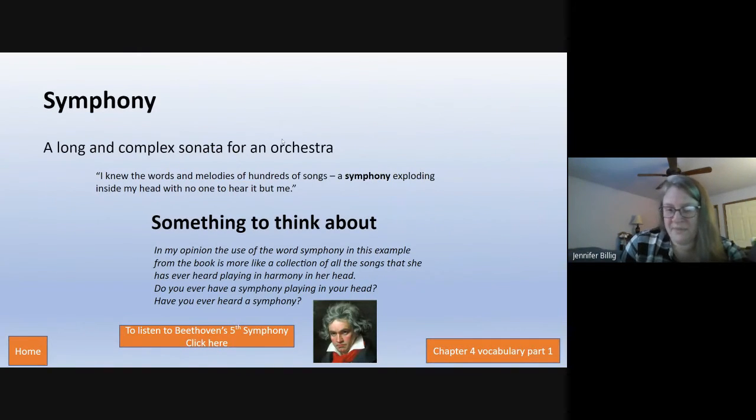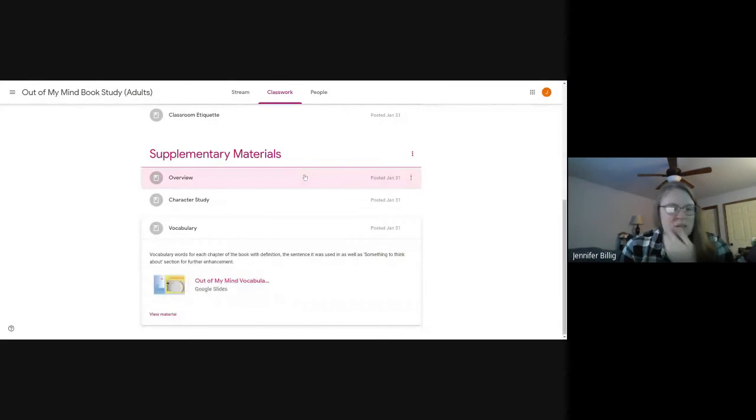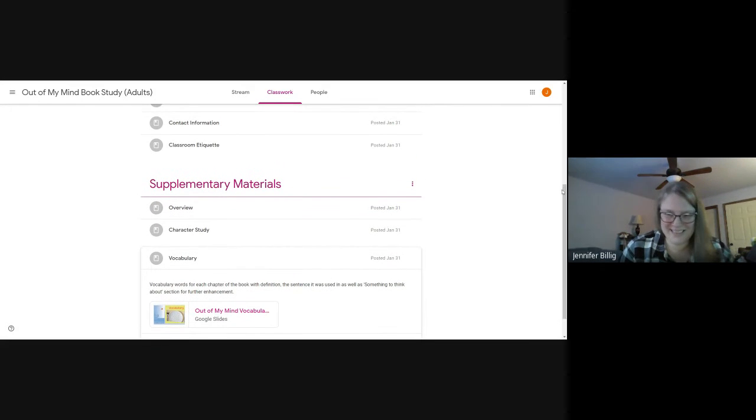So this word is symphony. When they talk about the kind of music that mom and dad like, it clicks out if you have never heard a symphony to a Beethoven symphony, so you can kind of get an idea of what mom likes to listen to. That's wonderful. Yeah, so that is there to come to anytime. We're going to go over the vocabulary words because maybe there's a vocabulary word that I didn't put in there that should be. So that's also an option. I'm happy to add. It was a lot of fun to create.